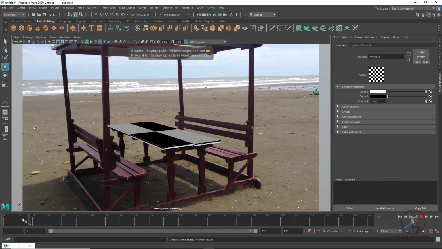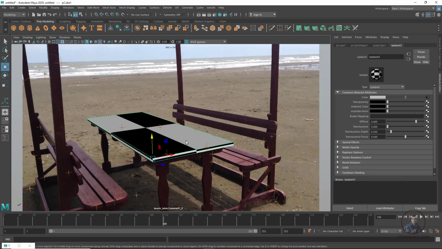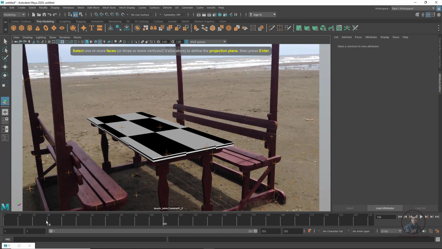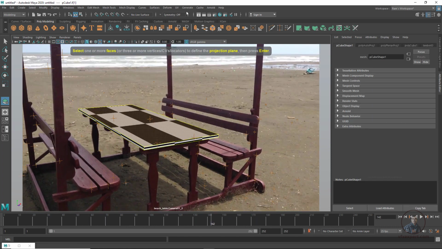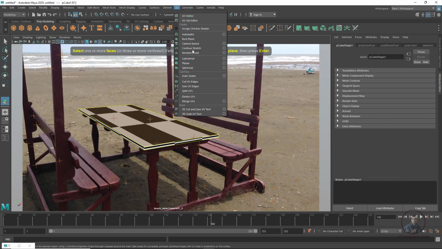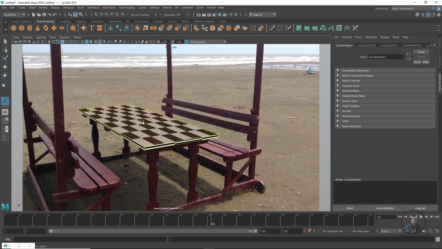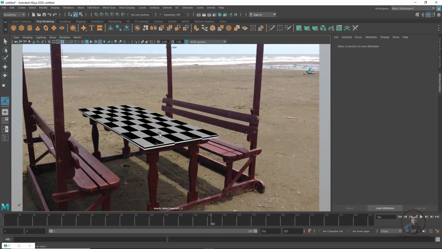If you want to adjust your texture a little bit, select and click on UV and object mode. I have adjusted it a little bit here. Now I am going to adjust this one also, select and again click on UV and automatic. Maybe I think this is sufficient. This totally depends on you. I am just applying a checkerboard here.